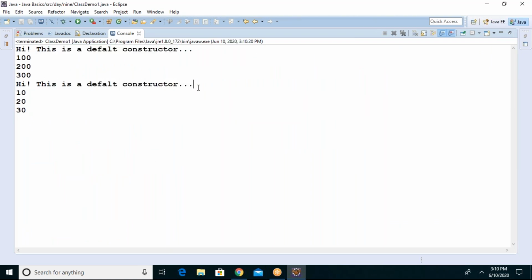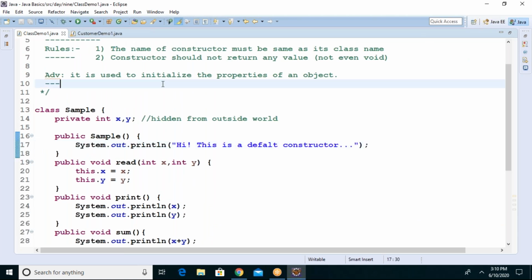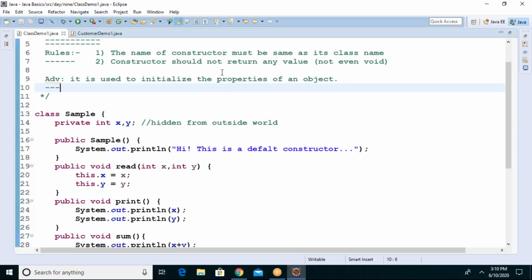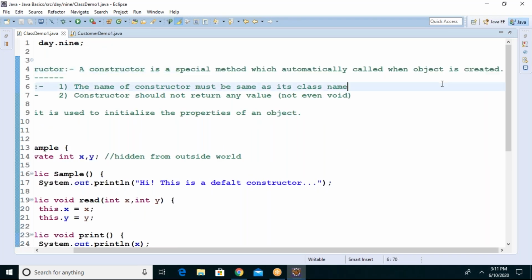How many times is the default constructor called? Tell me, guys. This is an important point in object oriented programming. Constructor is the most important concept. Did you call this? No, we never called it. But how many times is it executed? Two times. Why is it executed? Because we said it's a special method which is automatically called when an object is created for the class.